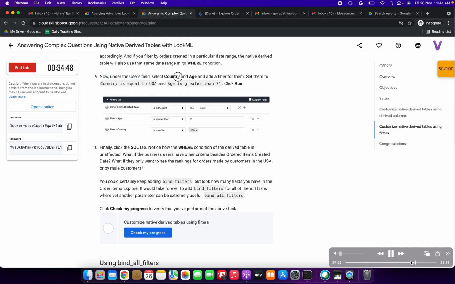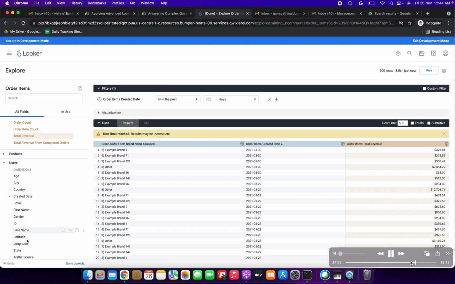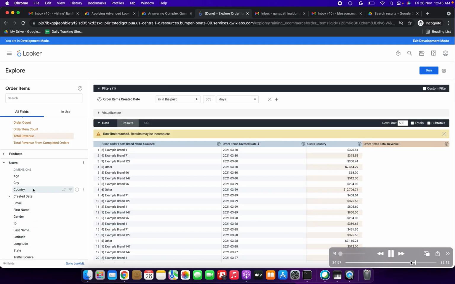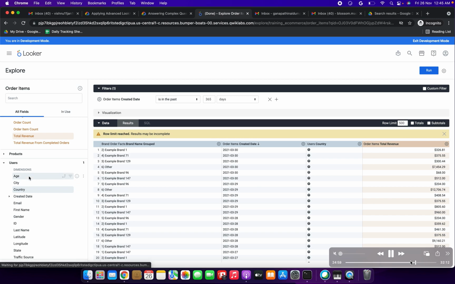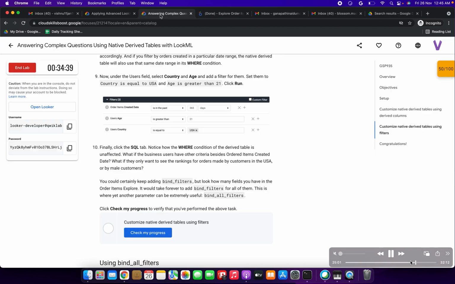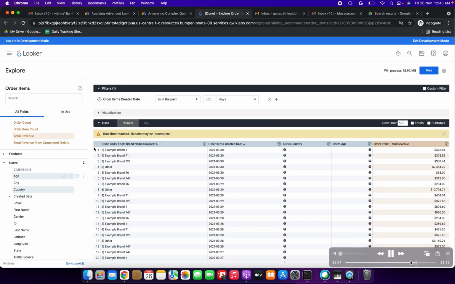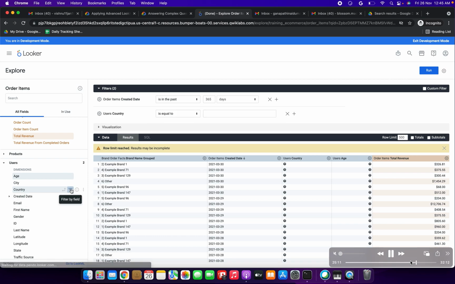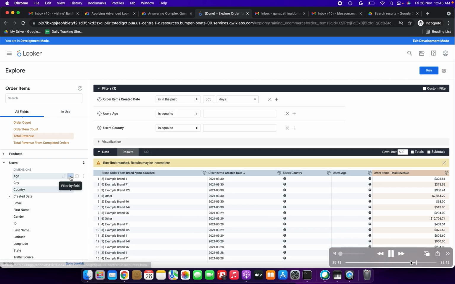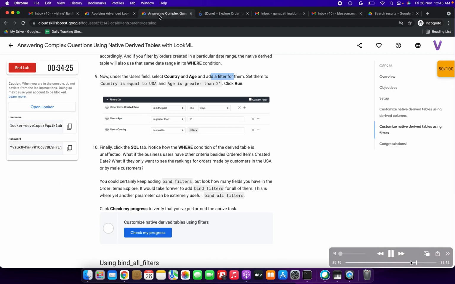So here we need to select the country and age. Yes, we have selected both, and next we need to add a filter for them. We need to put a filter for these two, age and country. Just filter by field. First I am clicking this age, then I am clicking this country.